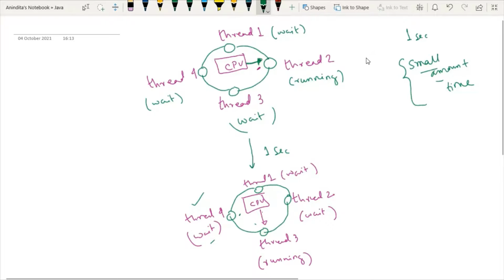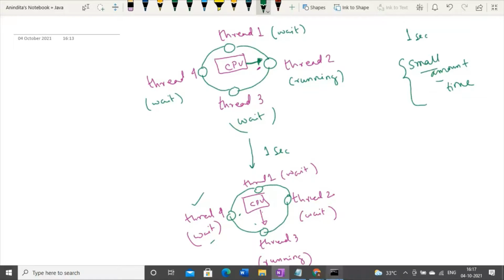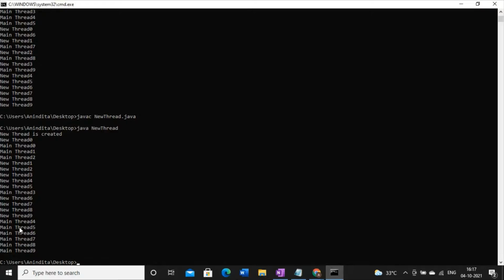This diagram depicts the CPU's attention switching to the adjacent thread in each time slice, and due to this switching you get this kind of output. Whenever the CPU is at a new thread, that thread executes and gives you the output, such as new thread 0. And say here the time slice is, I don't know, less than 1 nanosecond.